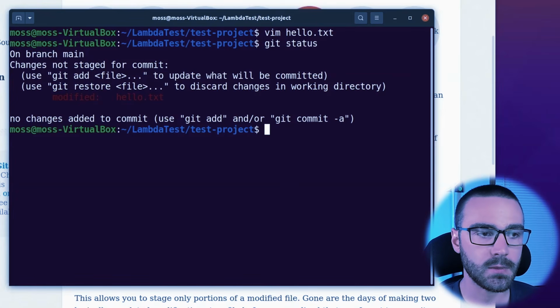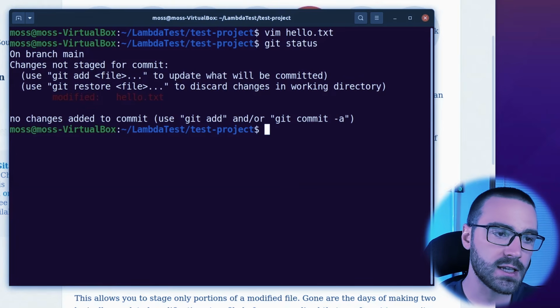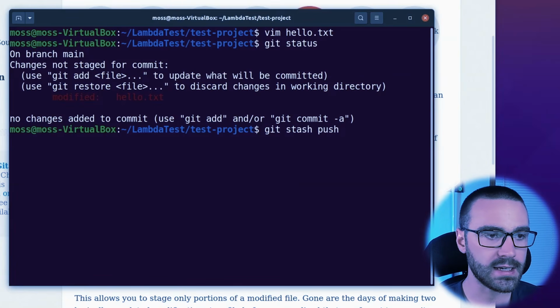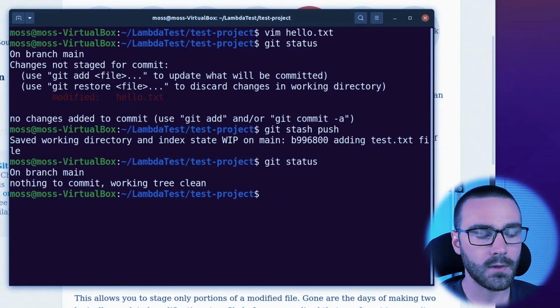When I use the git stash command, I'm taking all of the changes that are in my working directory, and I'm stashing them away in a reserved location that's outside of Git's history. And to stash our changes to the hello.txt file, I can either say git stash or git stash push, and that will stash the changes made to the hello.txt file away. So I hit enter, and it says saved working directory and index state work in progress on the main branch. And if I perform a git status, you'll notice that I have a clean working directory. That change no longer